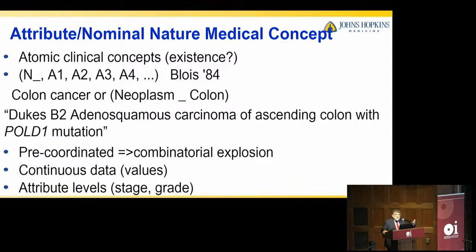And these issues of what to do with continuous data. I mean, for every 10 billionth of an increment, do we have a new concept created? I probably not. Or even at a more categorical level, do we create new pre-coordinated concepts for attribute levels of stage and grade? And at some level, if we're talking harmonization, we have to get our schema right. This goes back to Harold's talk of saying we've got a target model and we have a source model, and we want to make sure that there's a correspondence, and we want to make sure that we have, to some pragmatic degree, a shared understanding of what we're going to represent, how,